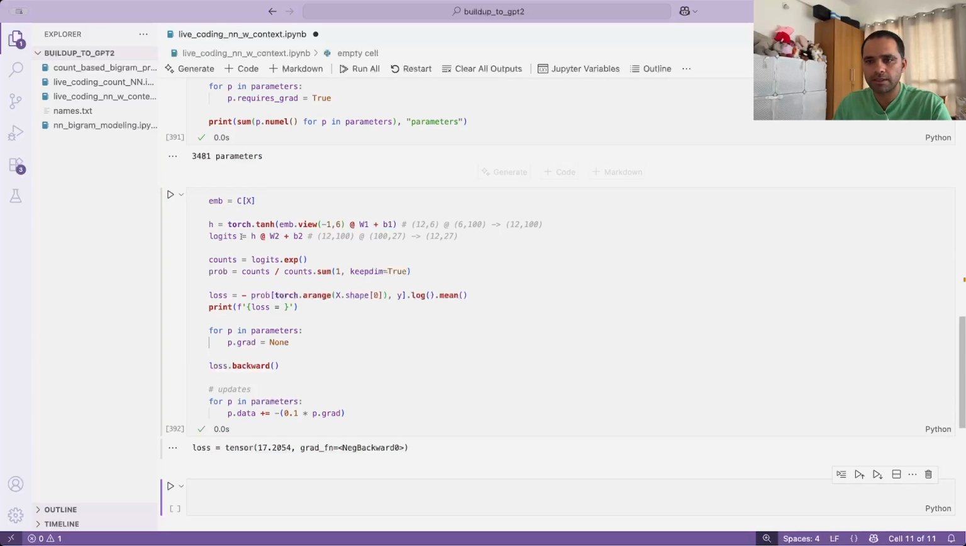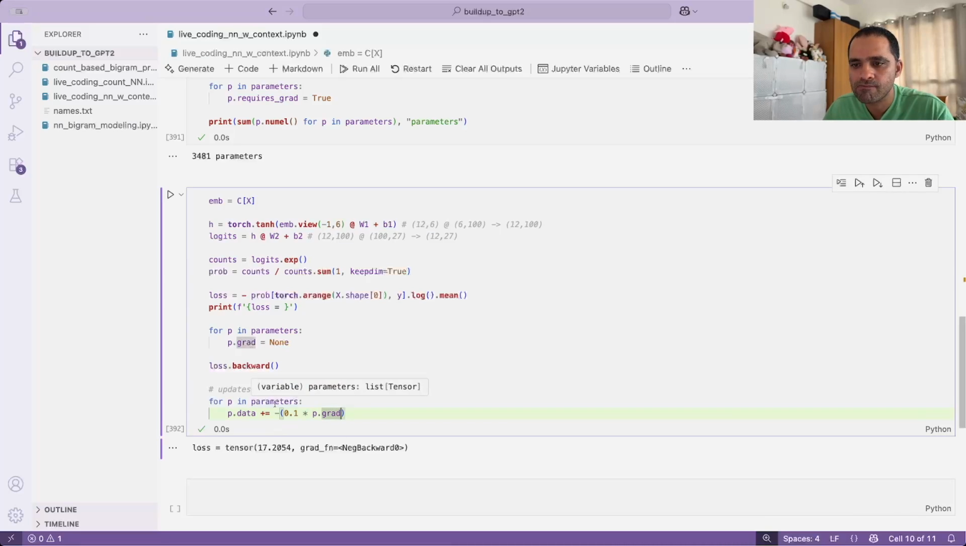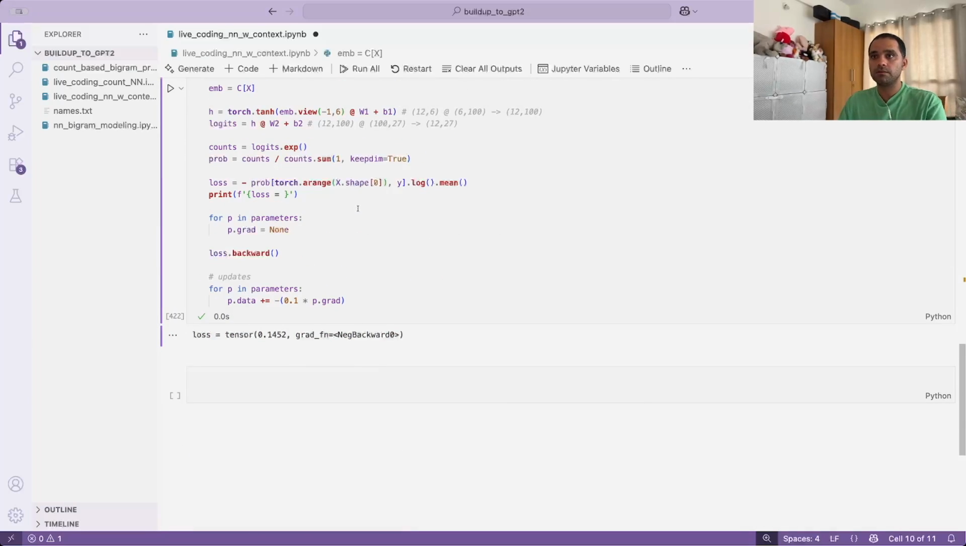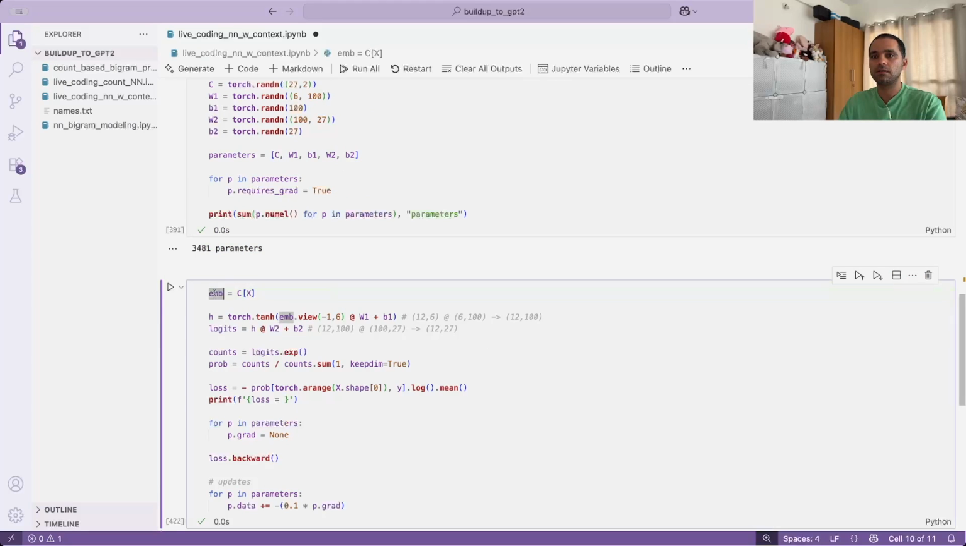run one iteration of parameter updates this way. So first iteration 17.2054. If we keep running this cell, we'll see that loss keeps coming down drastically. Not bad. So now we are at a point where we have made a complex network, learned some embedding lookup table,